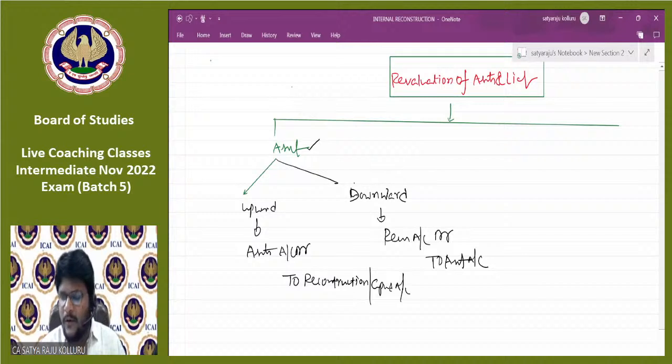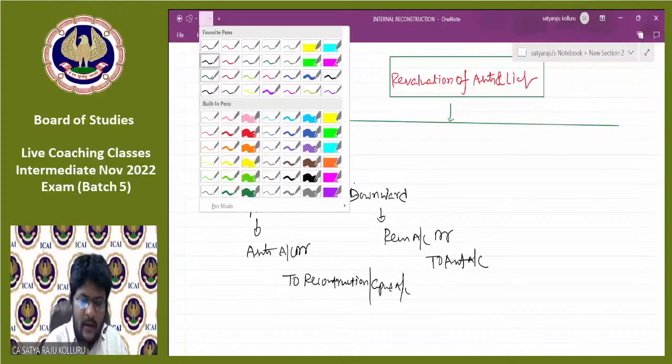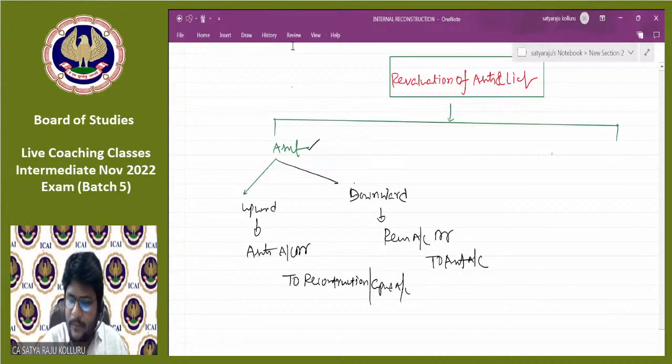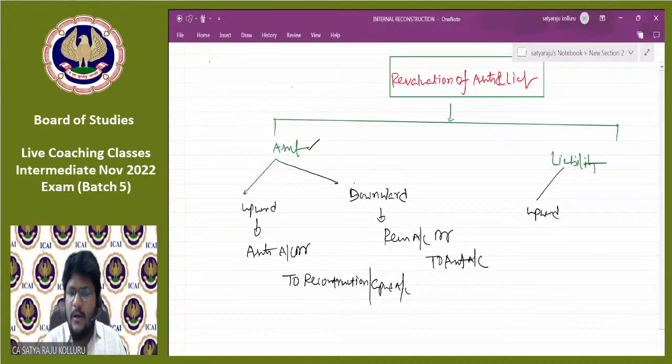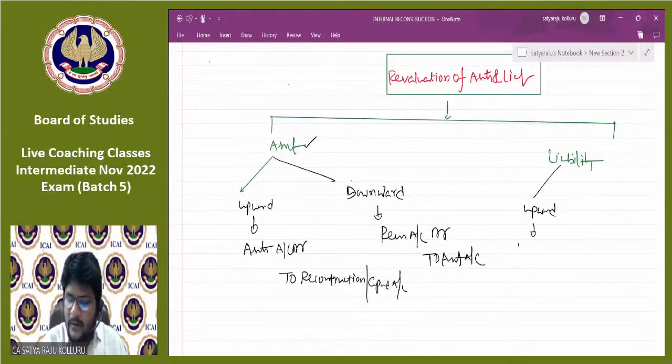Am I right, guys? All of you. In the same way, coming to the liability, what are the general entries with respect to the liability? If the liability is an upward revaluation, now you need to pay much more. That's why it is a loss to the company. So the entry is reconstruction account debit to